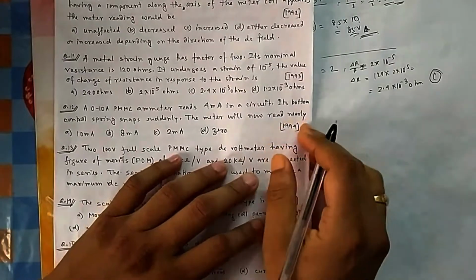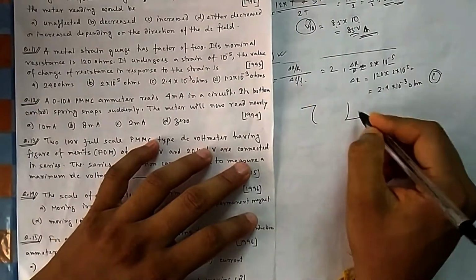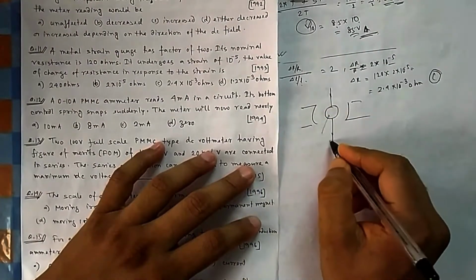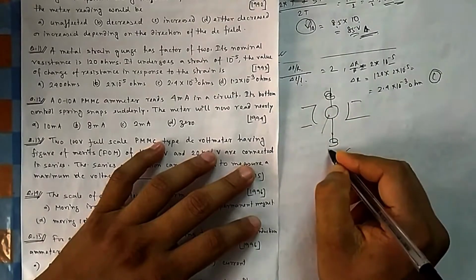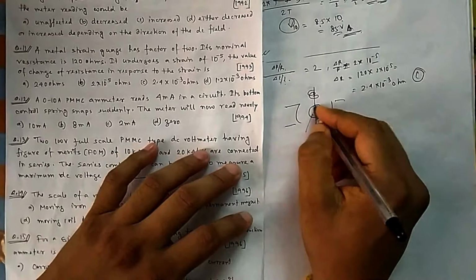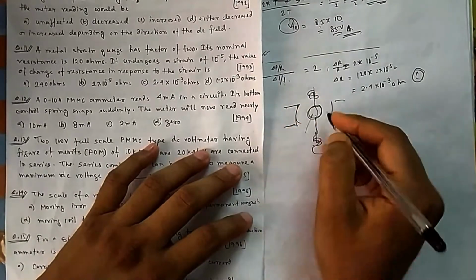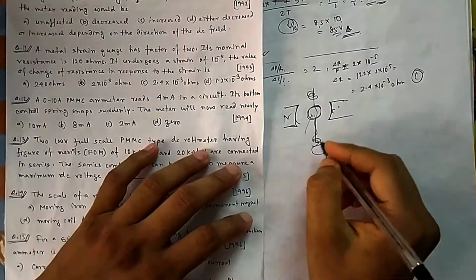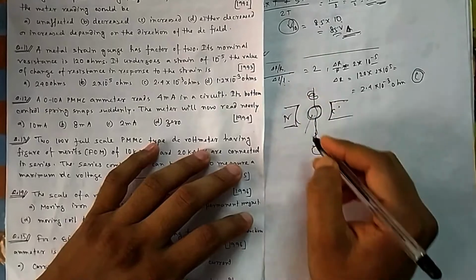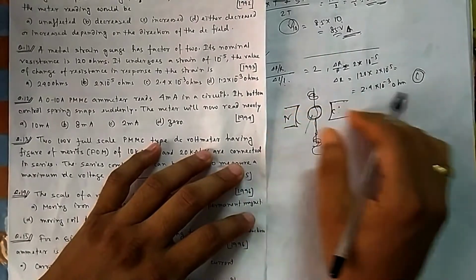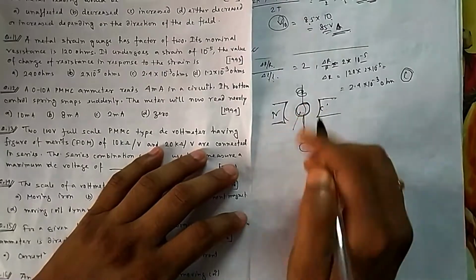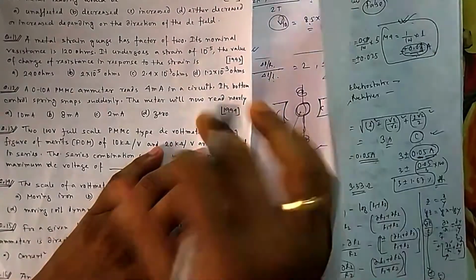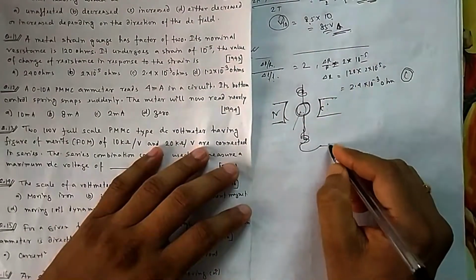If you see the PMMC meter, the permanent magnet is there, and then you have a coil which rotates. But how is current provided to the coil? There are control springs at the top and bottom also. So via these control springs only, this current flows to the coil. Because if you place a coil in the magnetic field, then it will rotate. Under that effect it works. So the current that you are feeding from outside passes through these control springs. This control spring will give you control torque, which opposes your deflecting torque. Deflecting torque means it will deflect, and control torque will hold it, so that it comes back to its original position when the effect is gone.